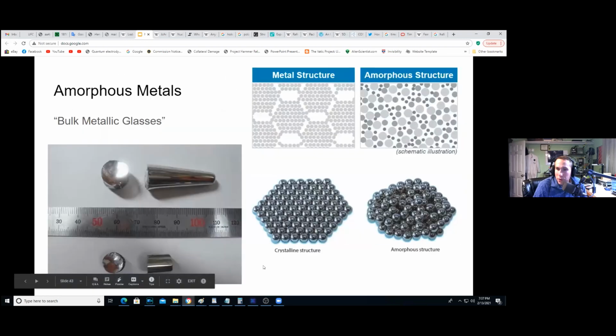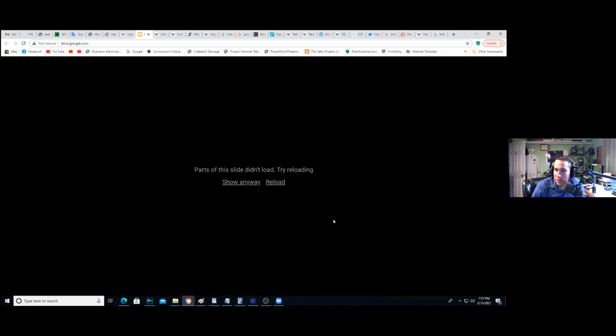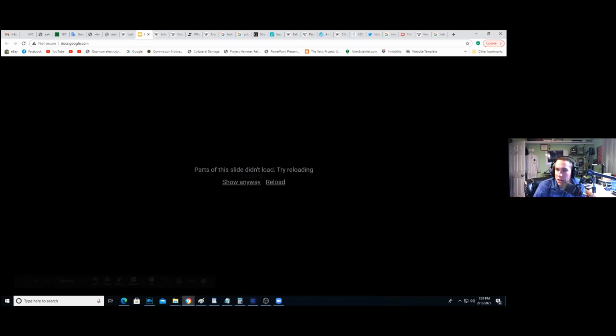I once compared them in a video to the Roswell memory foil that they talked about, that unbreakable material that you could crinkle up into a ball and it would unfold itself. Although I haven't seen any metallic glass exactly like that material. It is an interesting material. There's a video on liquid metal tuning forks that you guys can watch. Liquid Metal Technologies is a company that makes these. I don't know why that one didn't load.